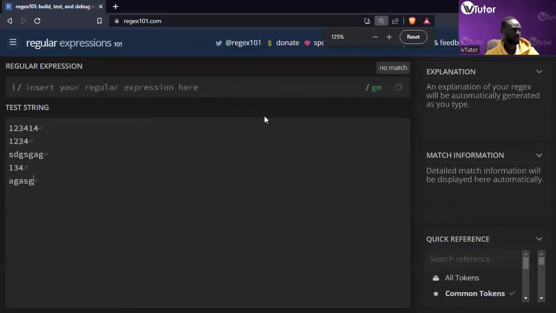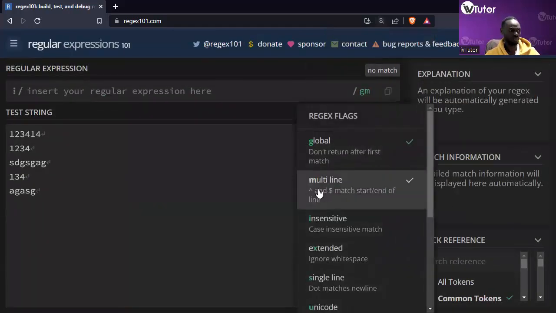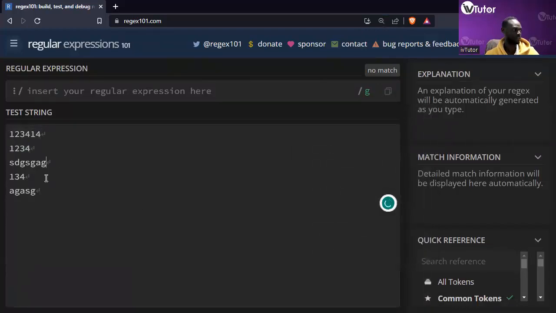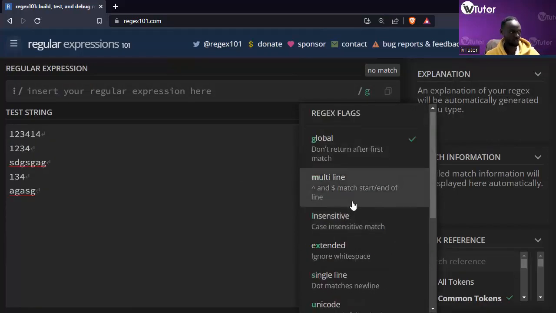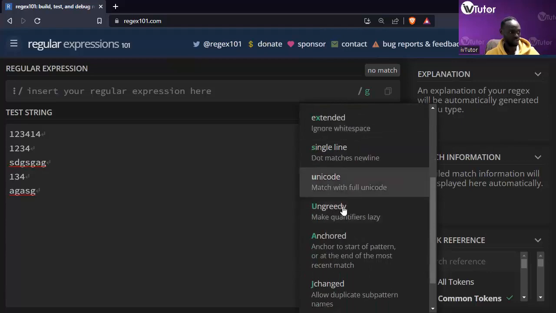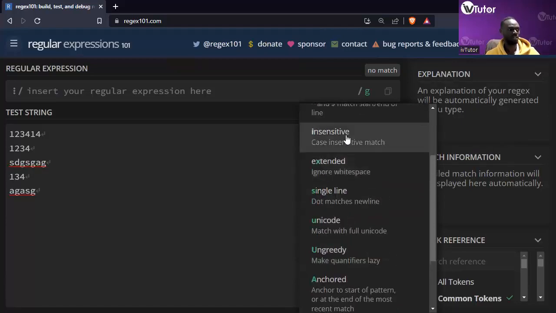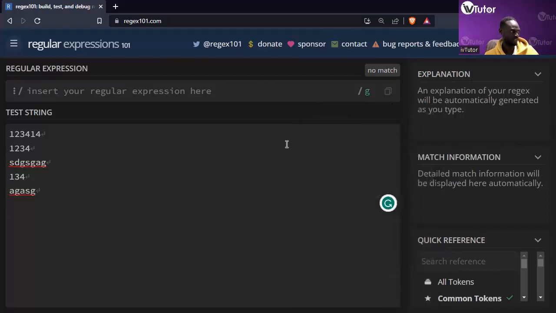So this here will say, do you want to treat the whole text as one when we apply the match, or do you want to apply this separately, treat these separately, and so forth? So you can change that multi-line. I don't normally change that much for studies because I want to leave it exactly as it is. So things like, is it case sensitive, leave it as it is, because we assume that when we do our questions, it will be case sensitive. So that's basically it. It's a very simple